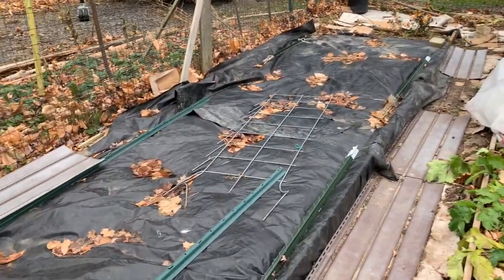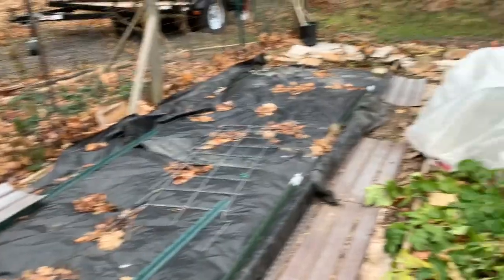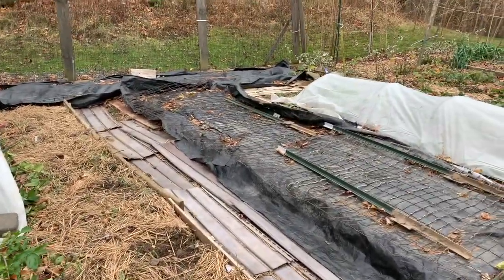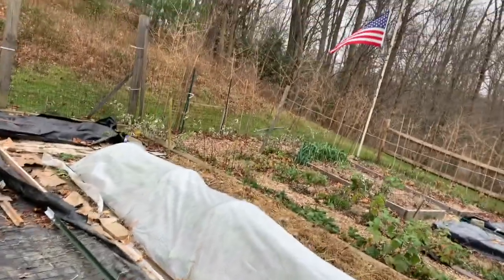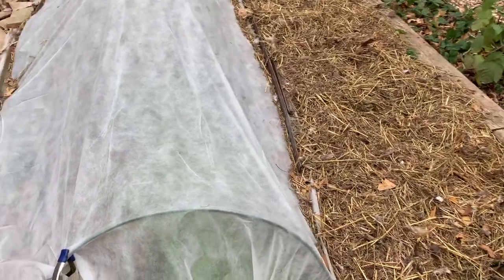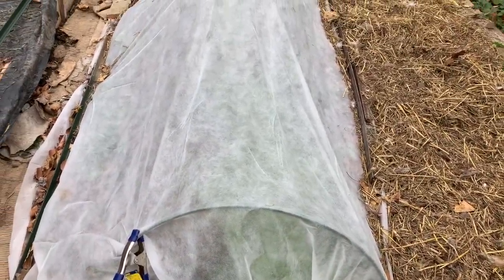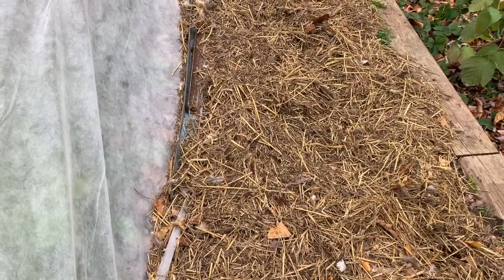Over this side, I've done my composting and covering with black plastic, and here on this side also. Here I have a row cover. This is where I have spinach and lettuces growing, and over here on this side I raked out my chicken